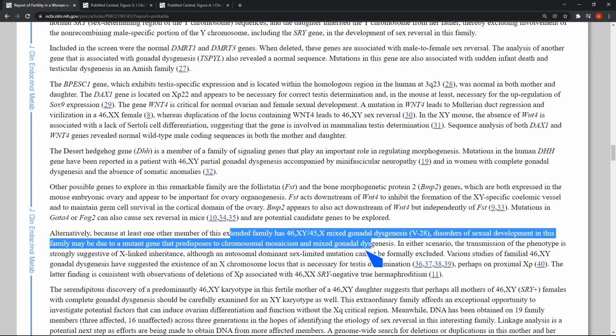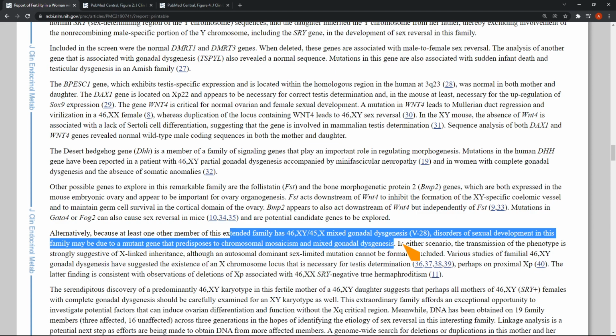Disorders of sexual development in this family may be due to a mutant gene that predisposes to chromosomal mosaicism and mixed gonadal dysgenesis. So there's a gene somewhere in the family that might make them have